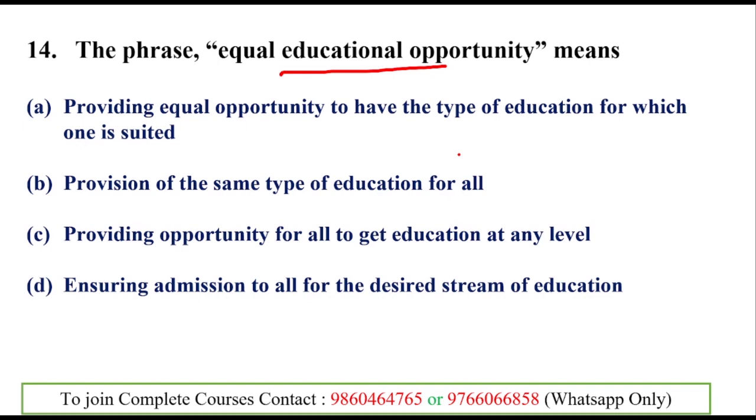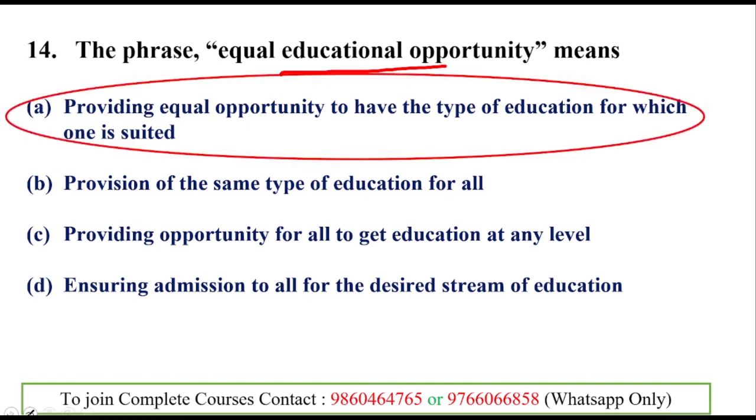That is what equal educational opportunity means. Okay, and equal educational opportunity is given in Article 29(1). Equality of opportunity in educational institutions is given in Article 29(1), and the key points include equality of educational opportunity irrespective of religion, caste, creed, sex, and location. Okay,